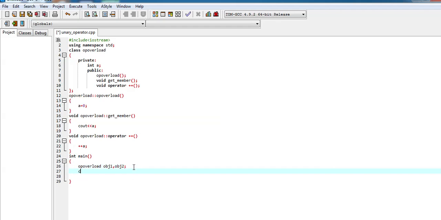So you have to write the cout obj 1. I will call the function get member, because in this the a is displaying. Now it's just like when I press the scope resolution operator,